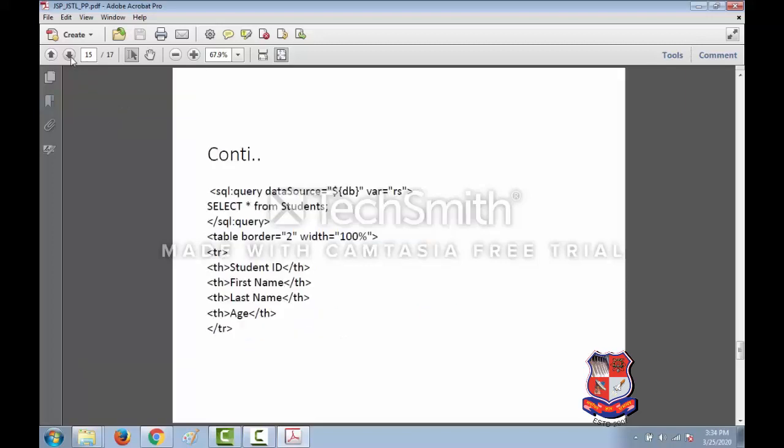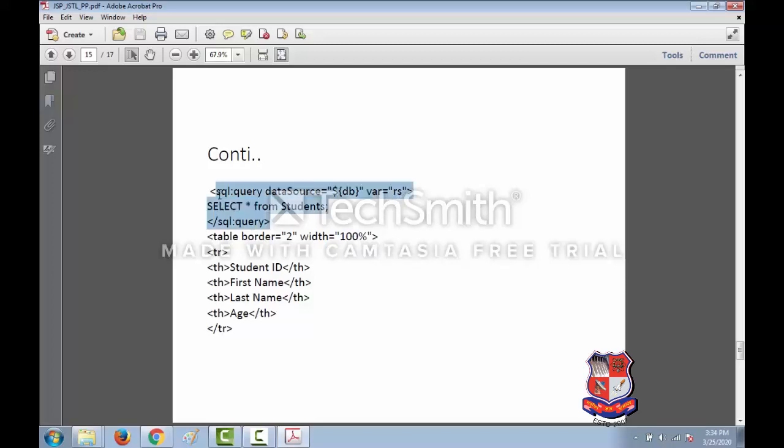Then for our query we have used the variable rs, that is result set. In the normal traditional JDBC connection it is rs. You can give any name you want, but for the moment we have taken rs. So whatever the result is, it will be stored in this rs.